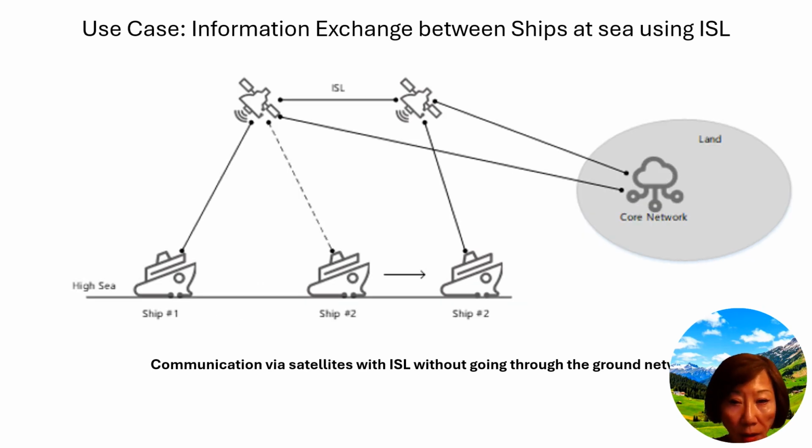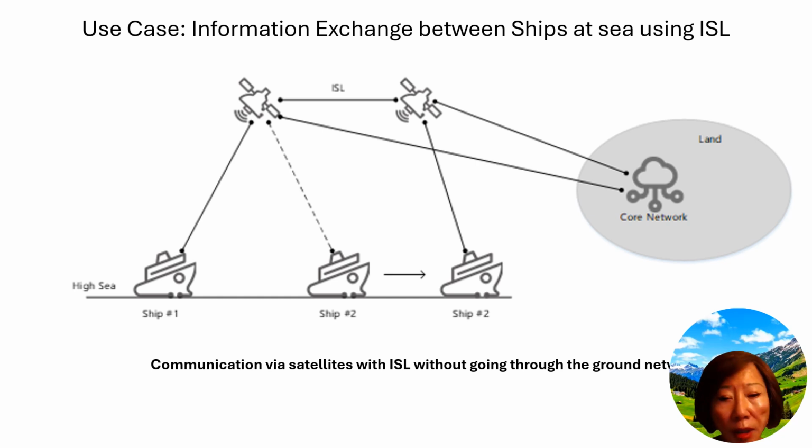Next, this is slightly different. We are seeing more or less the same elements, but the idea is very similar. We have 2 ships here, ship number 1 and ship number 2, but ship number 2 moves from one location to the other and is being shown here as moving, indicated by the arrow. We have 2 satellites instead of 1 in the previous diagram, providing communication coverage for the area.